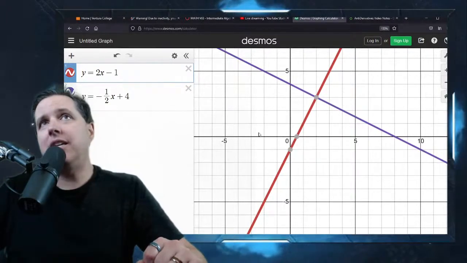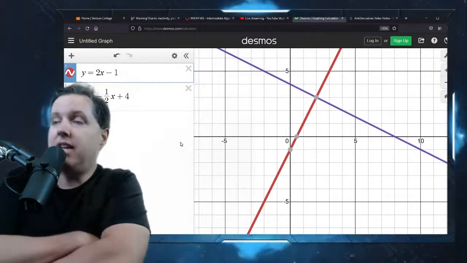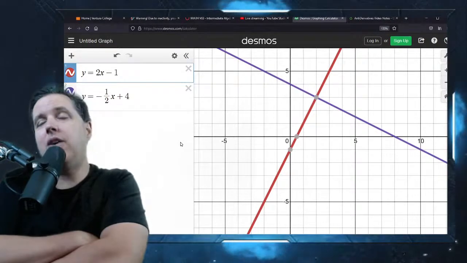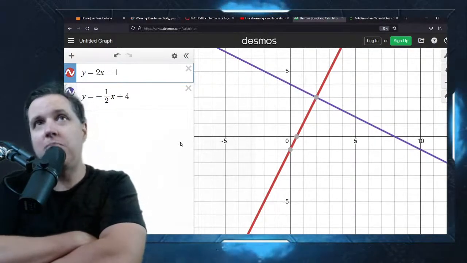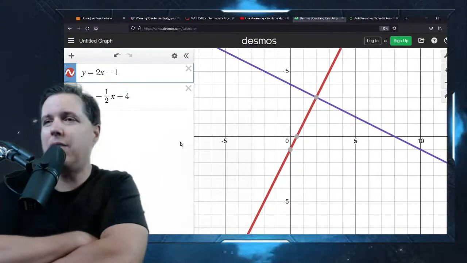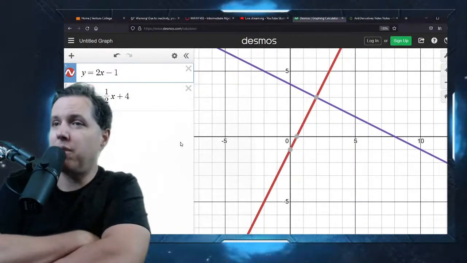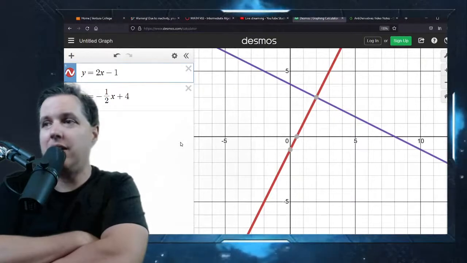So graphically, when we graph these things, it's easy to find a solution to a system of equations. It's just the point of intersection. And this is part of the conceptual part that we want to keep in mind, because we're also going to bring up some weird solutions that we get in a little bit here.